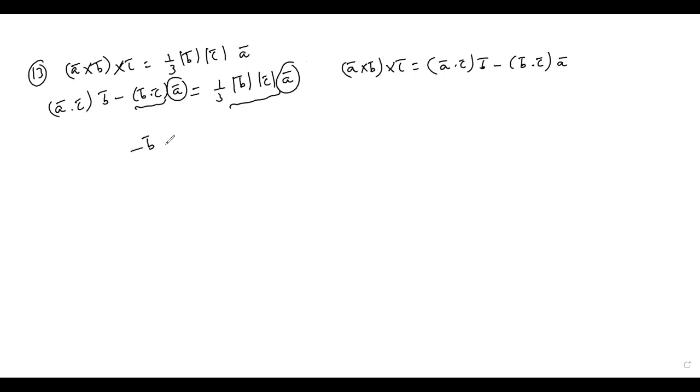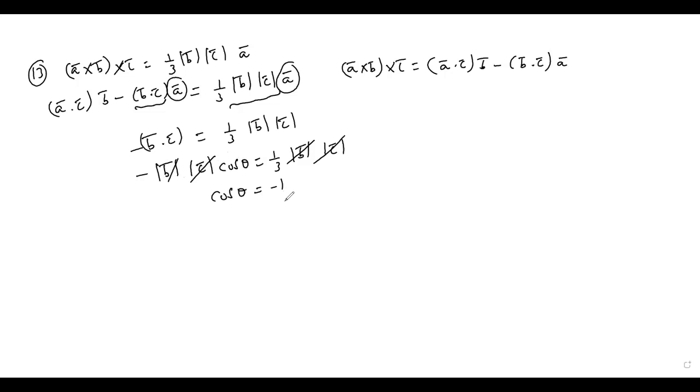The coefficient is minus B bar dot C bar, equal to 1 by 3 mod B bar into mod C bar. Minus B bar dot C bar, by formula, is mod B bar into mod C bar into cos theta. Theta is the angle between B bar and C bar. Minus on that side, so cos theta is equal to what? Minus 1 by 3. But they are asking the angle between B bar and C bar in terms of sine. Sin theta, how to find? If you know cos theta, sin theta is under root of 1 minus cos square theta, under root of 1 minus 1 by 3 whole square, which is 1 by 9.